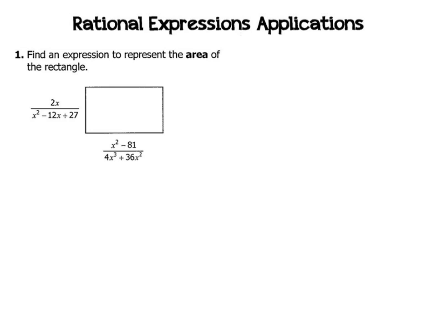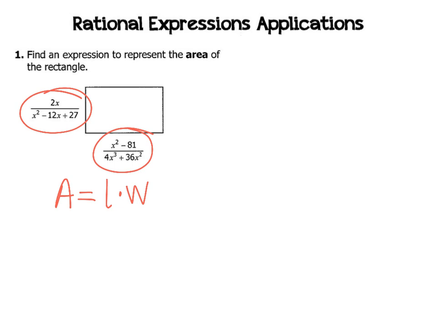One real-world application of rational expressions is if we're looking to find the area of a rectangle where the length and width are rational expressions. So, like example number 1, we want to find an expression to represent the area of the rectangle. If you recall, area of a rectangle is A equals length times width. So, if we're given that our length and width are these two rational expressions, in order to find the area,